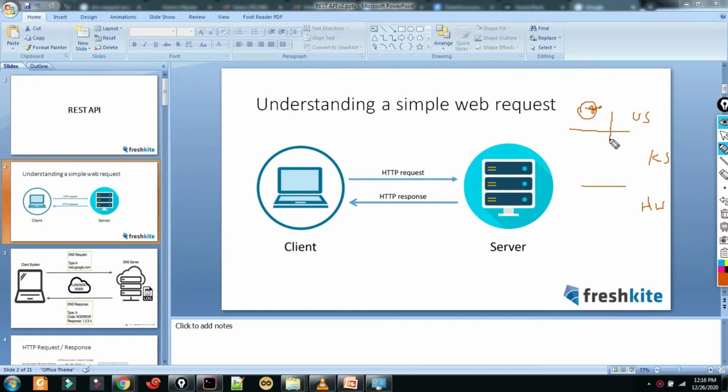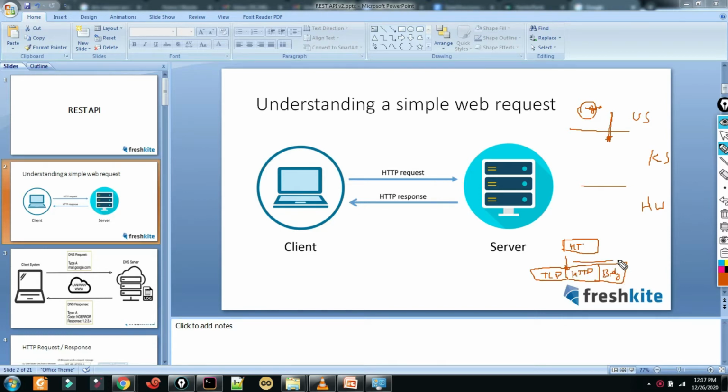So the HTTP request has to go from here, correct? For the HTTP request to go, you need to know the IP address of the server to send the HTTP request. So how the packet will go is, you will have an HTTP header. I will draw it here so that you know that. So you'll have an HTTP header. HTTP runs on TCP, so you'll have a TCP header.